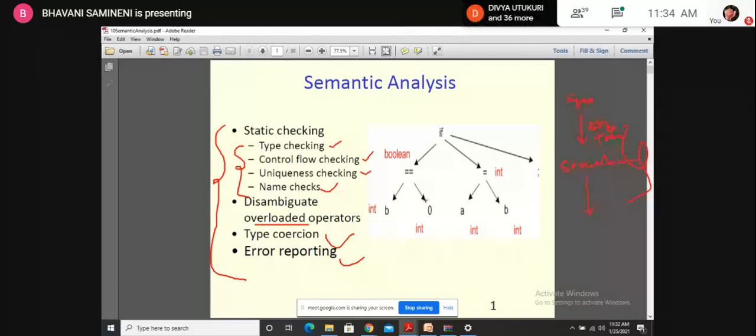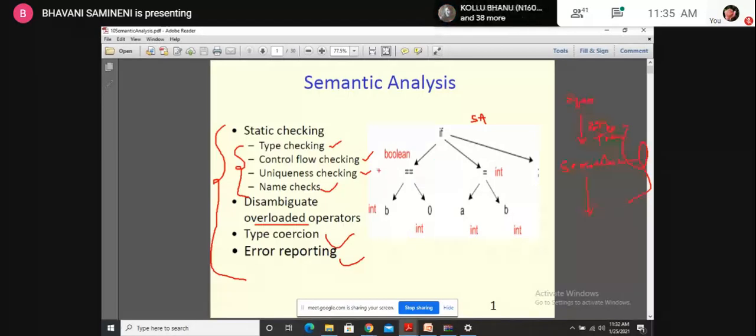Let us see what the black color in this graph is, what they have given with the pointers and all. That is during the syntax analysis. During the semantic analysis, they check the data type of each and every variable, and what the parent node is, whether the data types are comparable or not. If they are comparable, then without generating any error, it will move on to the next levels.